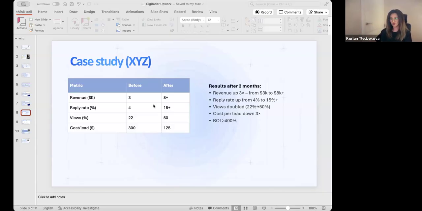And I took one of them just to share with you. Let's say this agency is called XYZ. This is a case of a small SaaS service development agency that started using GigRater. First, we are seeing in this table the before picture, what things looked like when they were doing everything manually